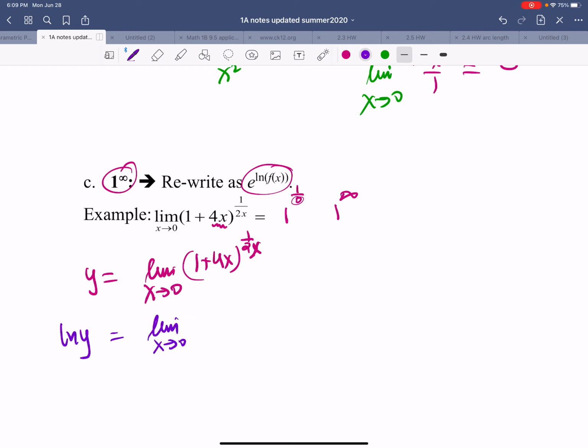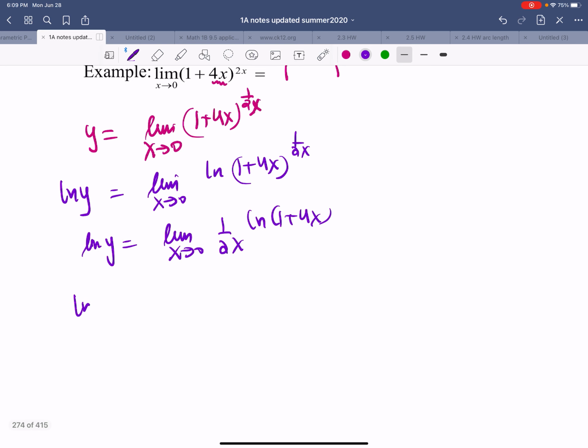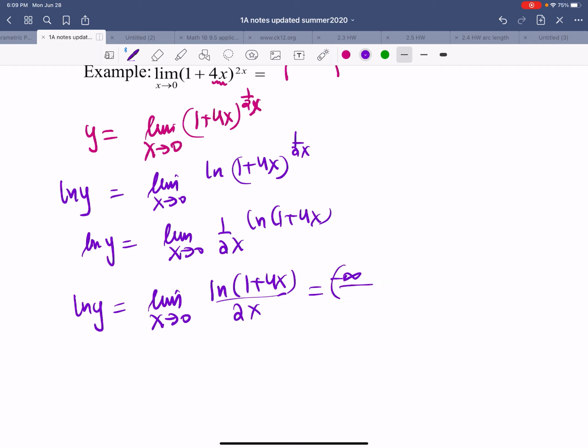Limit x approaches 0, natural log of 1 plus 4x, 1 over 2x. We can pull out 1 over 2x in the front. Natural log of 1 plus 4x stays here. So just rewriting it, natural log of y is equal to limit x goes to 0, natural log of 1 plus 4x divided by 2x. Let's see, where does that go? When x goes to 0, natural log of any function will go to infinity or negative infinity. And when x goes to 0,